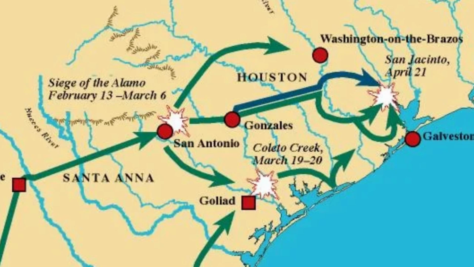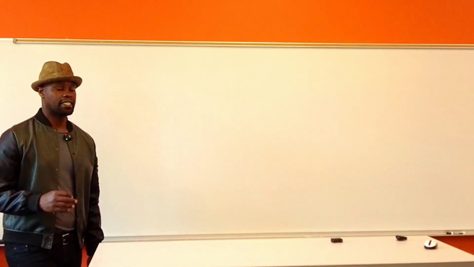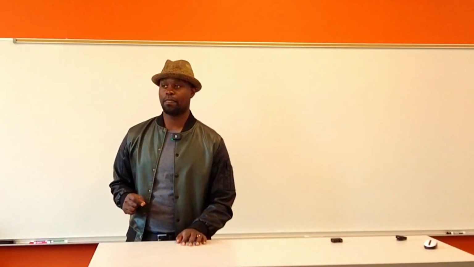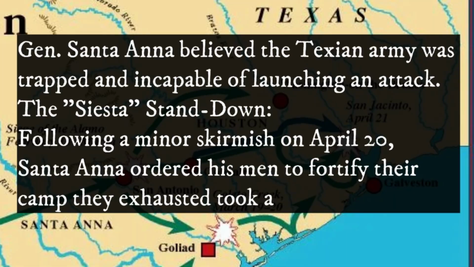And at this point, General Santa Anna and 4,000 troops have been marching eastward, basically chasing the Texians out of Texas. They have a superior army. They are more well-equipped. And so, for the most part, the Texians and Sam Houston are running east to try and run back into the United States of America. So, something happened at San Jacinto, right? For some unknown reason, General Santa Anna stops and pauses the forward aggression and push of the Texians, right?